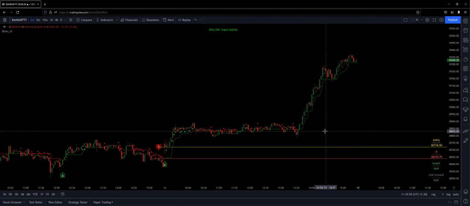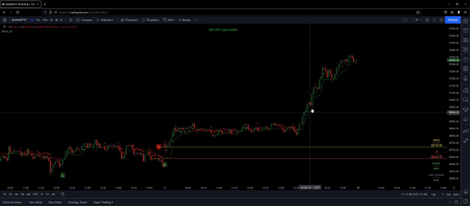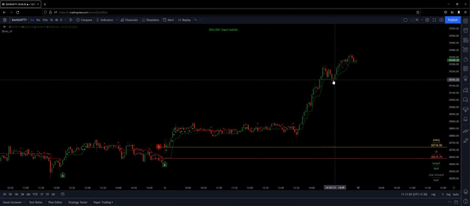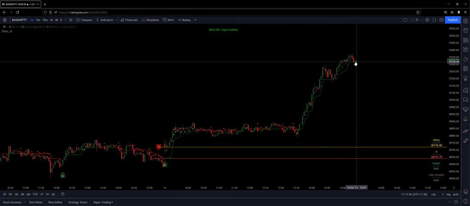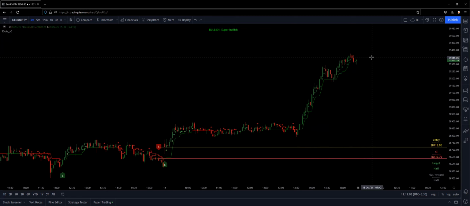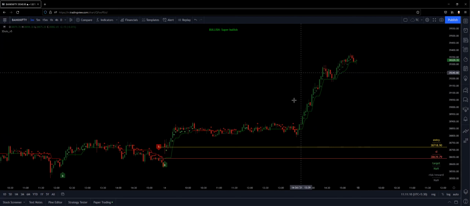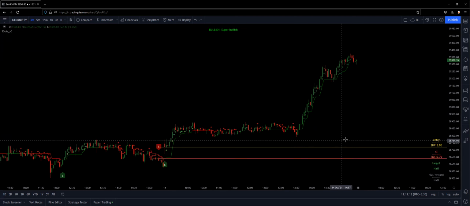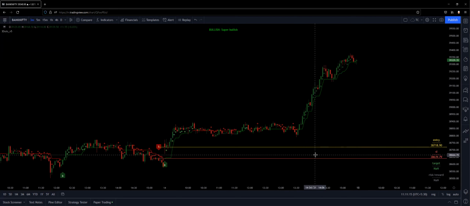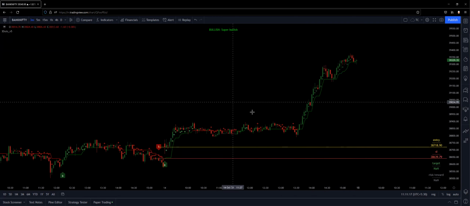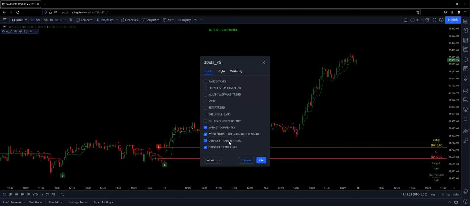See the beauty here, the trend strength line, once it broke, never touched. It touched here. Even here, it did not close below. So the entire rally you could have trailed on this day. This was a beautiful day for Bank Nifty last Thursday, right? So that was the summary of the updates.